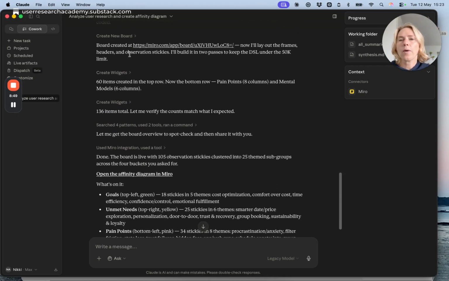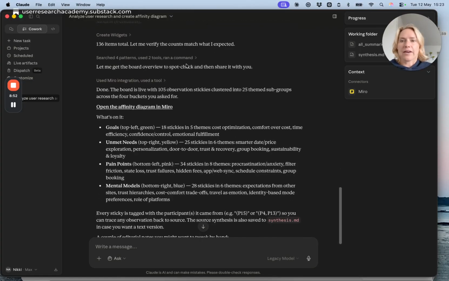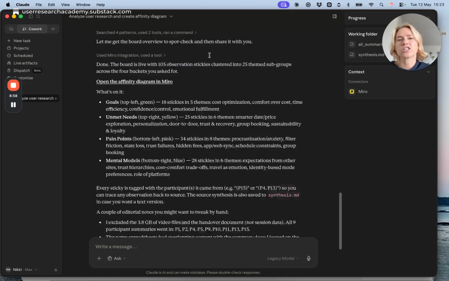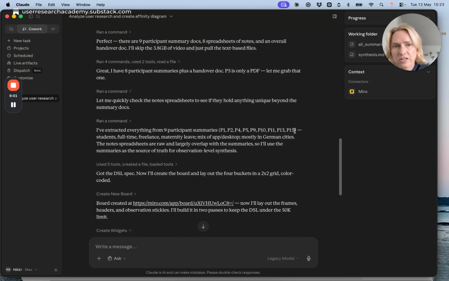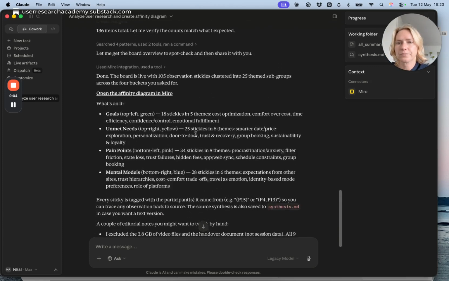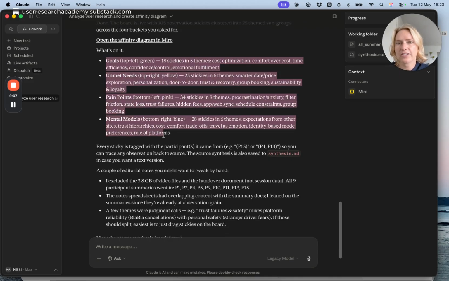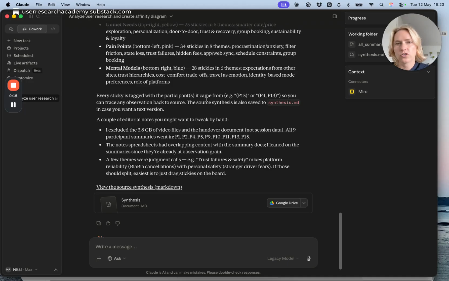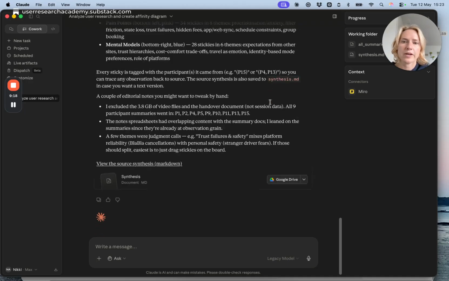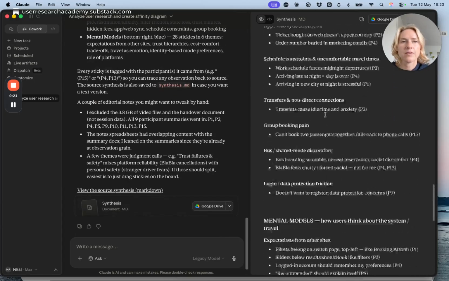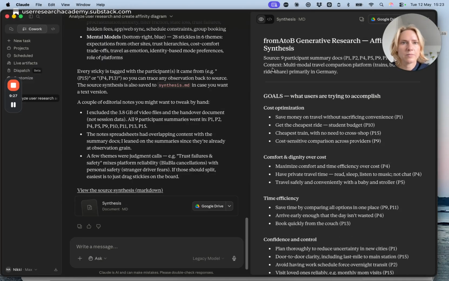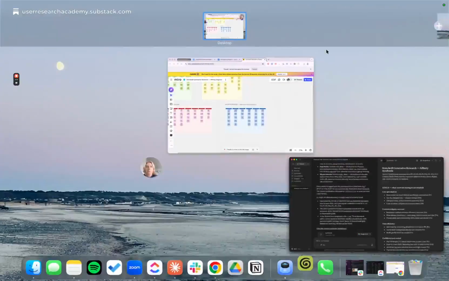So it went ahead and started creating this board, laying out the frames, and then it essentially did it with 105 observation stickies, which is quite okay because there were a lot of participants in here. But it did it by what I asked it to do, which is great. And then each sticky is tagged with the participant that it came from so that you can trace any observation back to source. It also gave us an MD, a markdown file of this, if we wanted it for whatever reason to be in a more text-based format. But let's quickly look at what